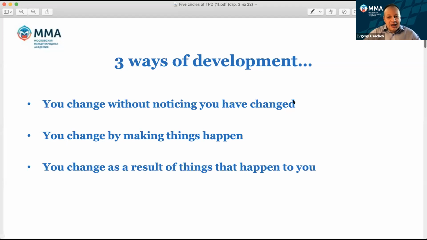And we can change as a result of things that happen to us, for instance, working for a language school or attending webinars or teacher development seminars. As a result of this participation and involvement, we do change. So actually we can change in all three ways, right?